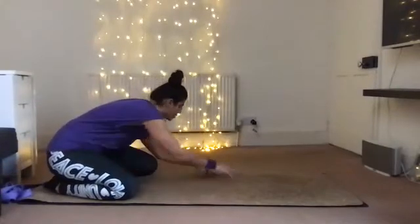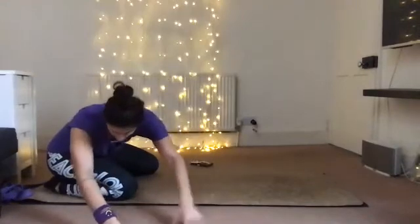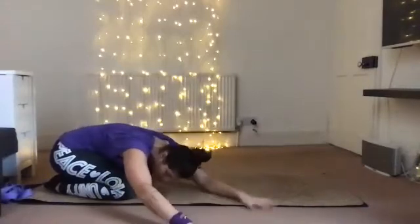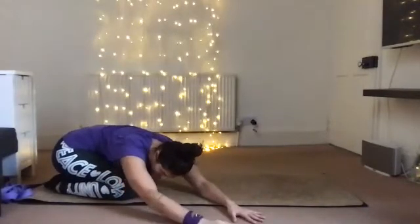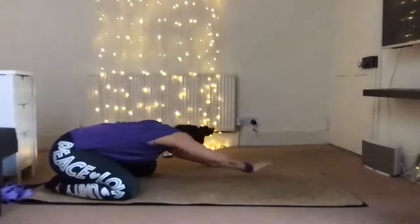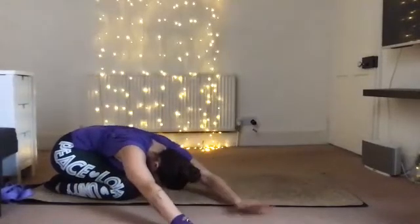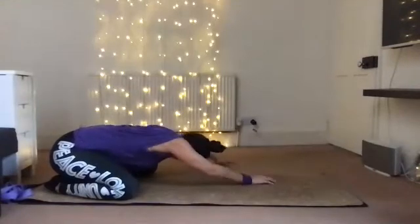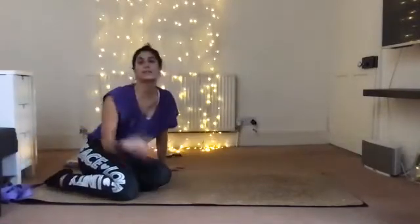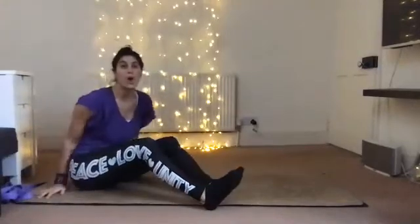You can go back into your heels and sort of kind of go left to right, right to left. It's really nice. It's like we're sitting back into child's pose and we're just moving the arms left and then right. That's really nice as well. Breathe into it. Beautiful. And when we're ready, we gently roll up and come to seated. Remember, if you're quite tight at the back of the legs and you need to sit on a pillow or a big block,